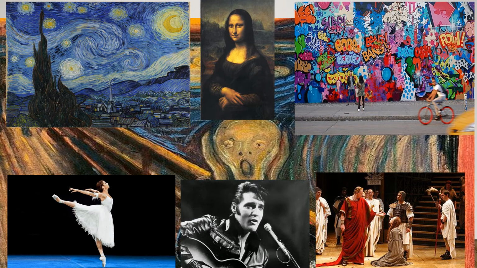As we said, today's lesson is about arts. So what are the different forms of art? Yes, we have, for example, painting. Painting includes painting portraits like the Mona Lisa by Leonardo da Vinci. Painting also includes painting landscapes like the one we have here, Starry Night by Vincent van Gogh, or even graffiti, drawings on the walls in the streets.